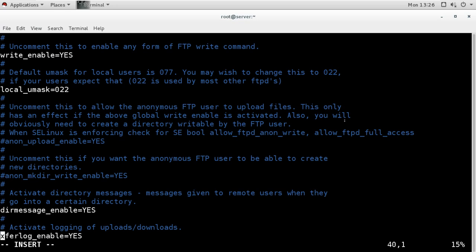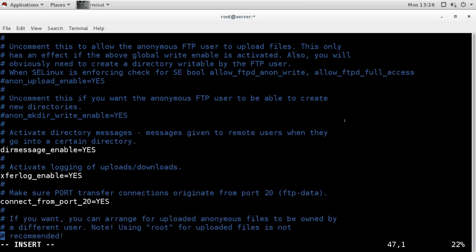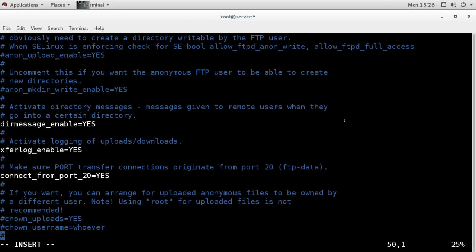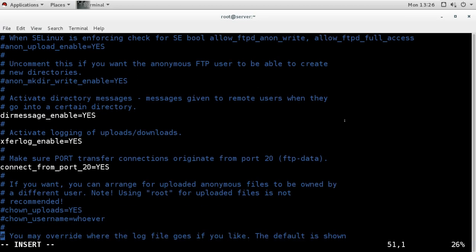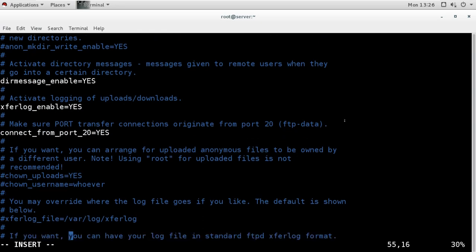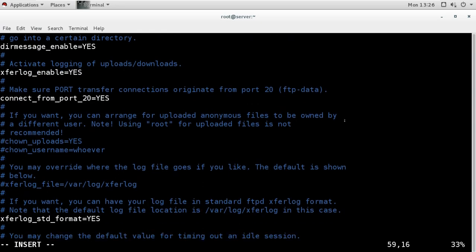Then you have the option for directory messages. These messages are enabled, so when you log in, log out, you will see messages for that. These are logging settings which are enabled. The connection port for FTP is 20. Yes, it is using port 20 for the connection. There are some other settings like chown, and these are commented. These are log format settings which are enabled.